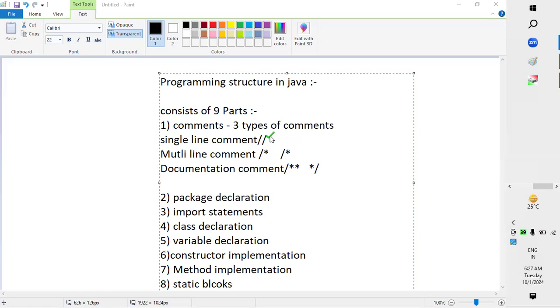Next, second, multi-line comment. What about multi-line comment? This is how generally multi-line comment is being used. When you want to write a multi-line comment, I will show you an example. Okay, so meanwhile, you please write the description. Multi-line comment will be used to